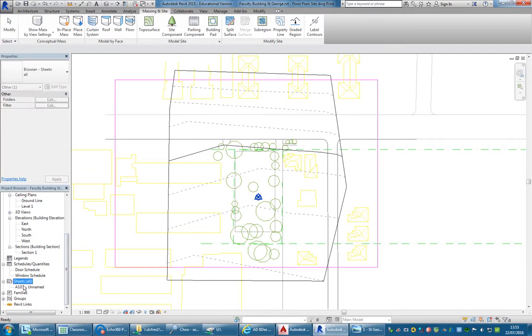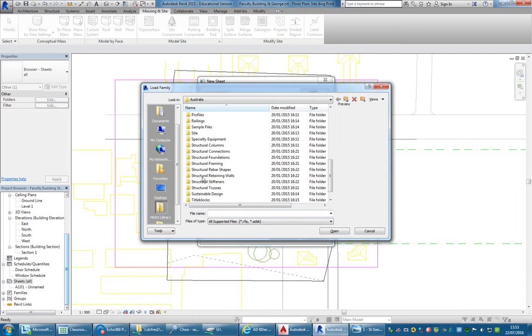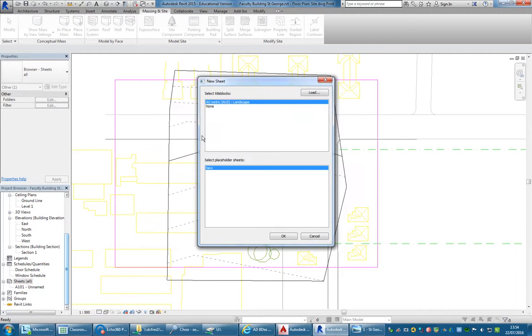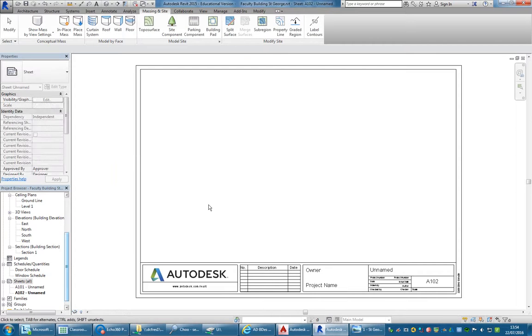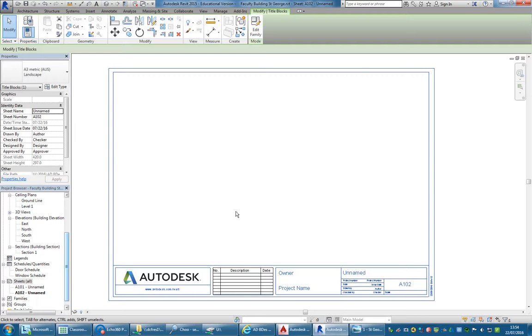And now I'm going to make a new sheet just by going down into the project browser and finding Sheets All, and then right clicking there, you can go to New Sheet, Load, and then starting with the title box folder, I'm just going to use the default library, get an A3 metric sheet, go OK, and then you'll find the default one has all of this extra stuff that we really don't need at this stage, so I'm going to select that sheet border, go to Edit Family,